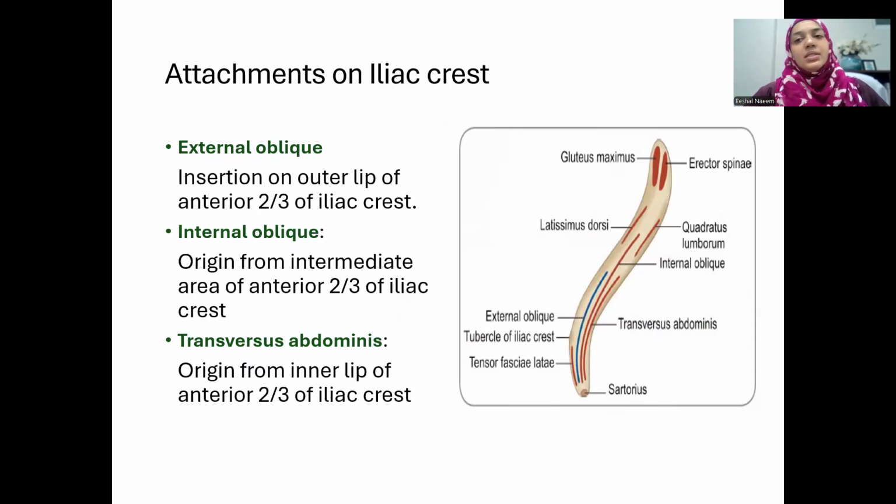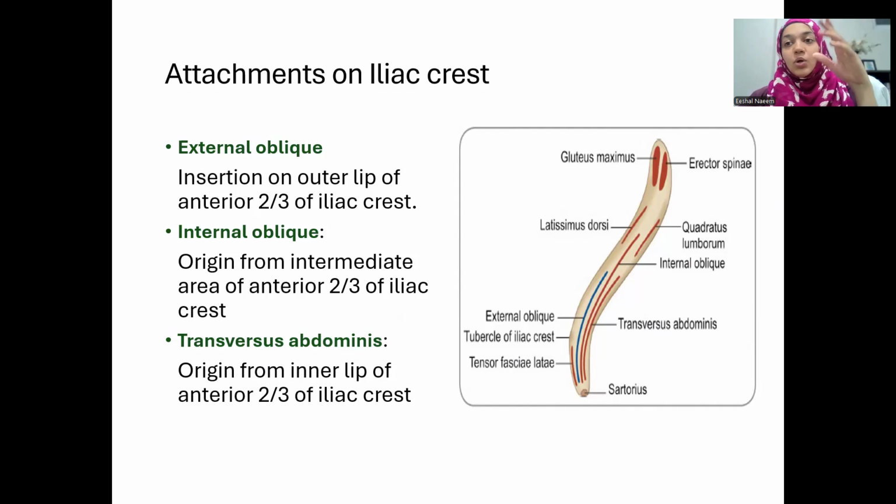Now we have some important muscles attaching to the iliac crest. Now remember, only one muscle on the iliac crest is inserting, which is why it's blue, and this is the external oblique. You had about 3 to 4 muscles that we were doing in the abdominal region. When we talk about the six pack, we talk about the external oblique, the internal oblique, and the transversus abdominis, and two nerves were going here from the lumbosacral plexus, coming from the L1 root, the iliohypogastric and the ilioinguinal nerve. They were passing in between the layers of these muscles.